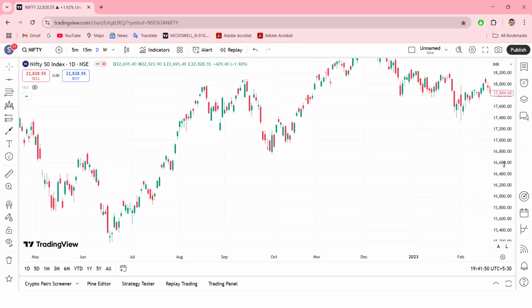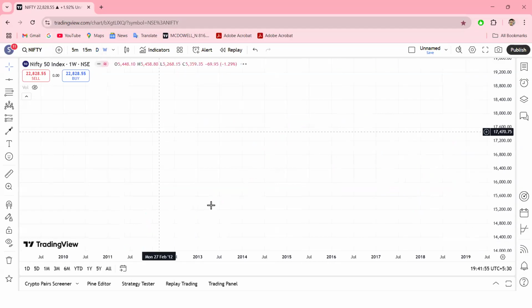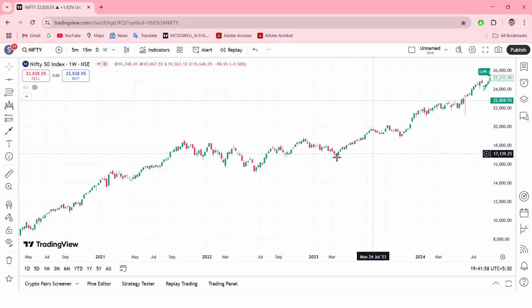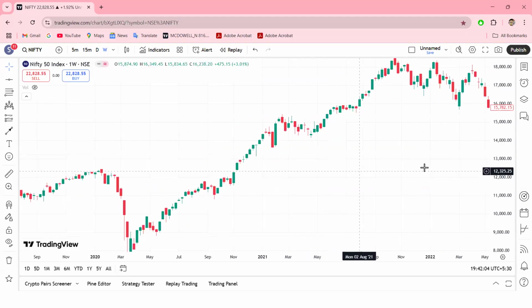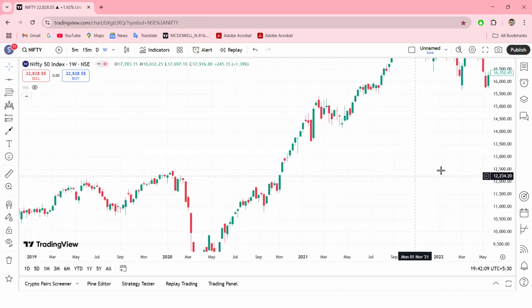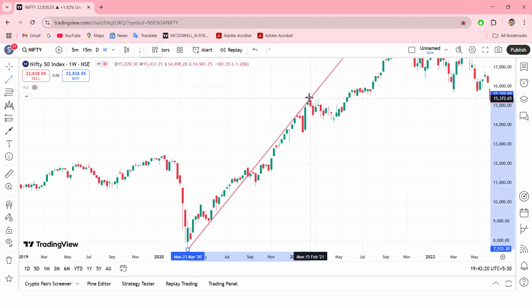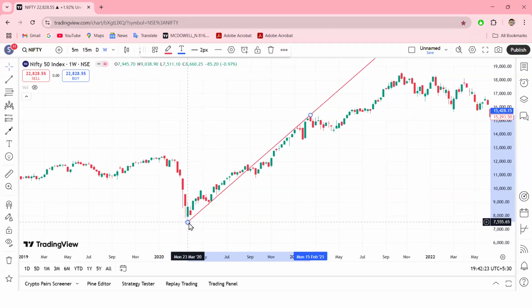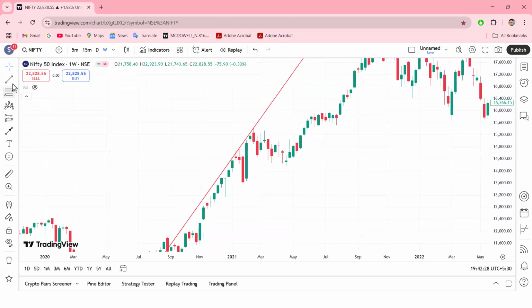You can see somewhere. Okay, let's put it on the weekly chart. So see, at this point, I am able to see the flag and pole pattern. After the Nifty crash in 2020, you see the sharp rally in the Nifty at this point. We have seen the sharp rally, from around 7,500 to around 15,000. So after 15,000, if you see, there is a sharp